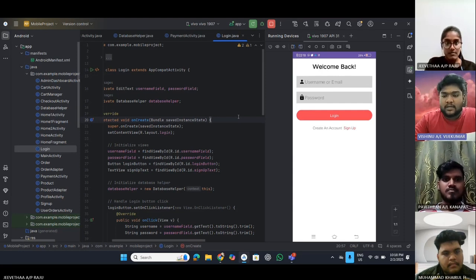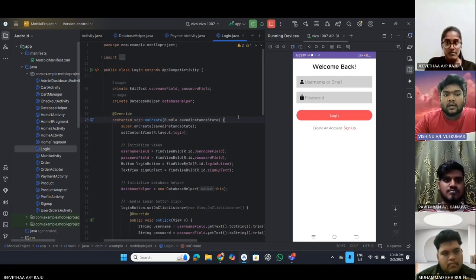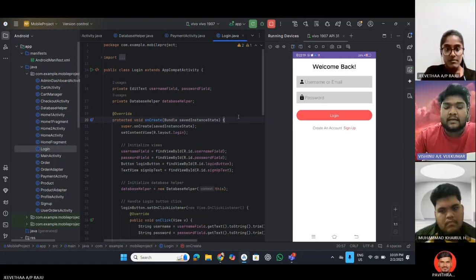So my part is login and sign up. I'm going to explain the coding. First of all, find the UI elements from the login XML, initialize them, and initialize the database helper to interact with the database. For the login button click event, this retrieves user input and cleans unnecessary space and ensures data